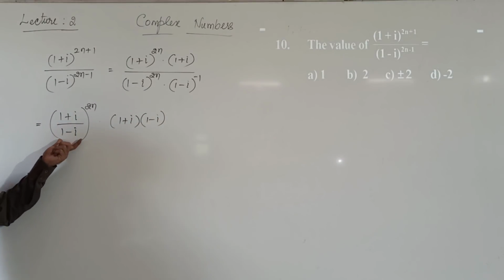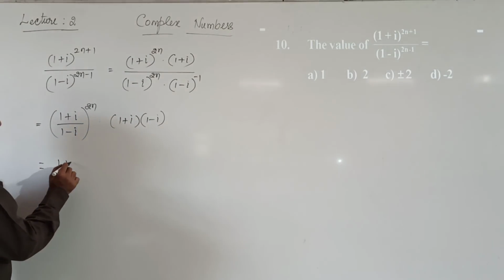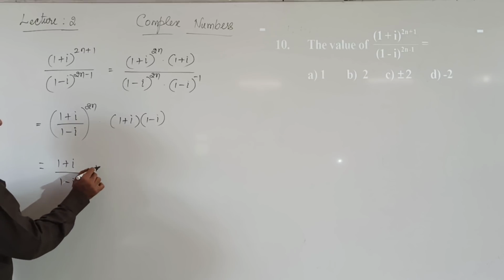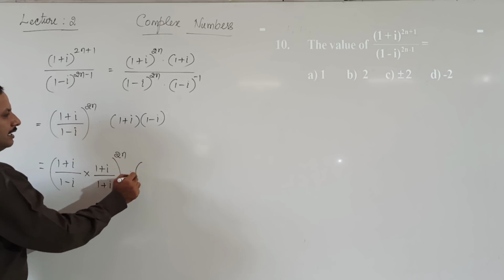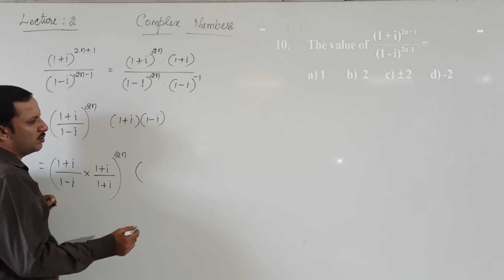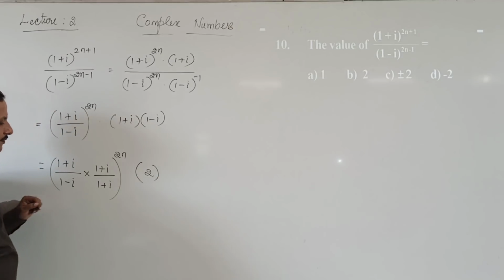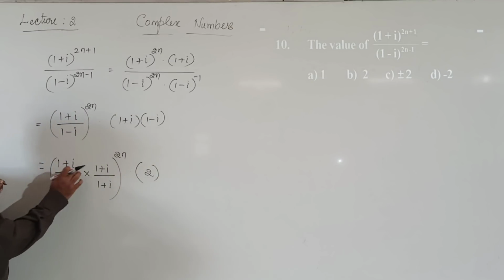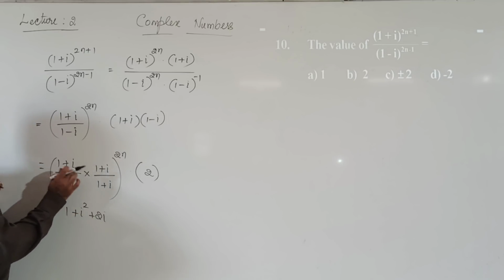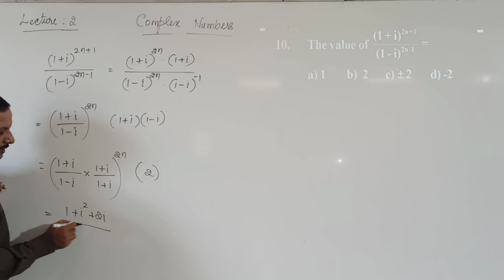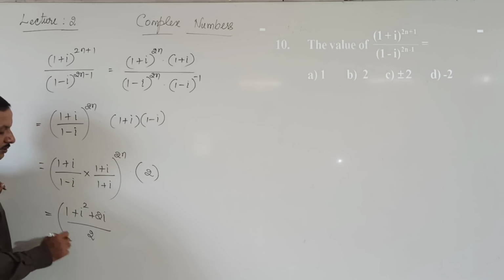Now I will multiply and divide by the conjugate of the denominator. Denominator is 1 minus i, its conjugate is 1 plus i. I am multiplying and dividing by 1 plus i. So this will give you (1 plus i) by (1 minus i) into (1 plus i) by (1 plus i) whole power 2n, using a plus b into a minus b is a square minus b square. So 1 square minus i square will become 1 plus 1. Here (1 plus i) whole square is the numerator, that will give you 1 plus i square plus 2i, I am using the a plus b whole square formula, a square plus b square plus 2ab. Divided by (1 minus i) and (1 plus i), that will give you 1 square minus i square. i square is minus 1, so 1 plus 1, whole power 2n into,